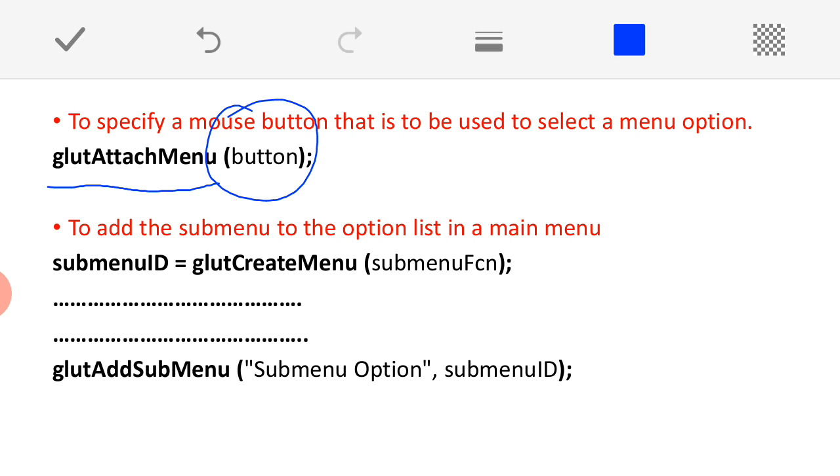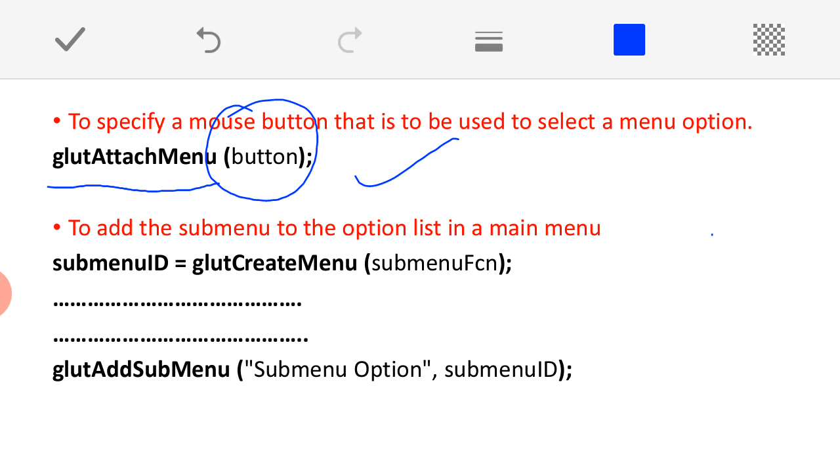The mouse has 3 buttons, left, middle and right, and you can use the symbolic constants too, because we have already discussed how to interface the mouse in an OpenGL program. For example, if you want to use the left button, GLUT_LEFT_BUTTON; if you want to use the right button, GLUT_RIGHT_BUTTON. This is another function which is available as part of menu creation.